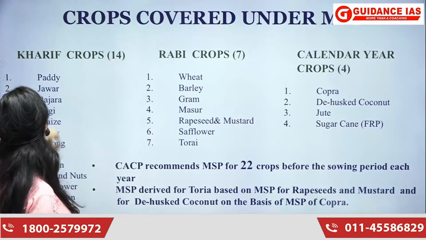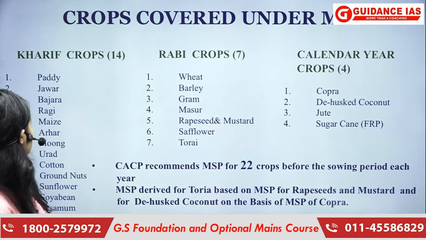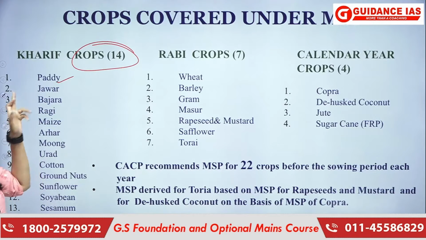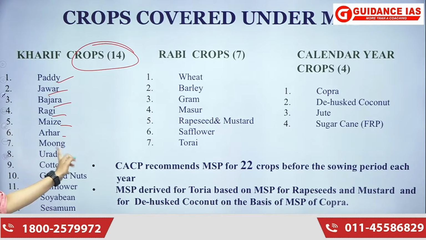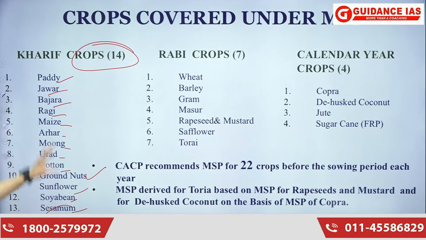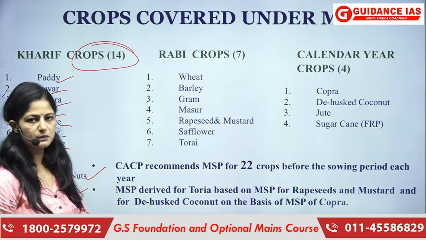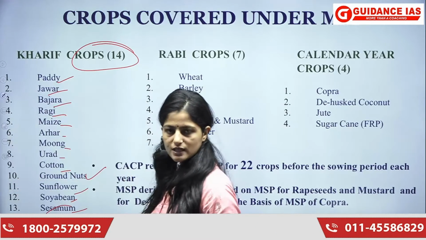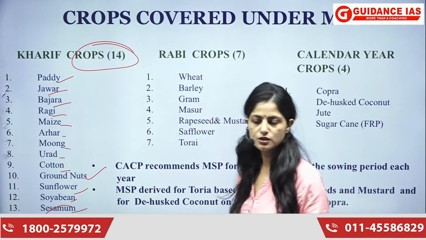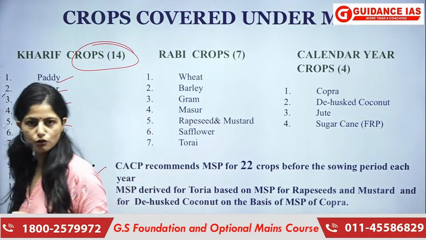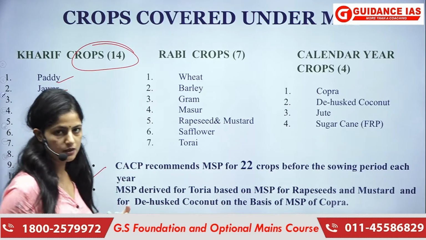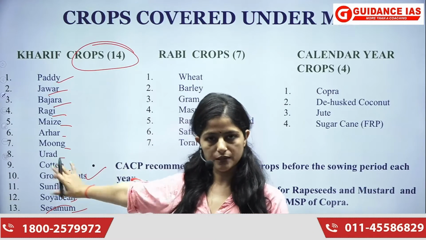Okay, so next, these are the crops which are covered under MSP. These are some of the kharif crops. Paddy, kharif, ऐसे 14 kharif crops हैं: paddy, ज्वार, बाजरा, रागी, maize, अरहर, मूंग, उड़द, cotton, groundnut, sunflower, soybean, sesame and niger seeds. So you have to remember, यहाँ से आपके दो questions बनते हैं. First, that what all are the crops जिनके लिए MSP मिलता है. Second, what are the kharif crops? UPSC can directly ask you this question, wherein they'll confuse you with some new crop and they'll put you in a dilemma whether it is a kharif or a rabi crop. तो यहाँ से आप, you can prepare for that question as well.